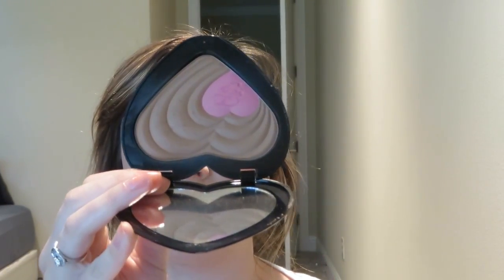And we're going to be taking the Too Faced Ross and Rachel bronzer, and I bought this one on my